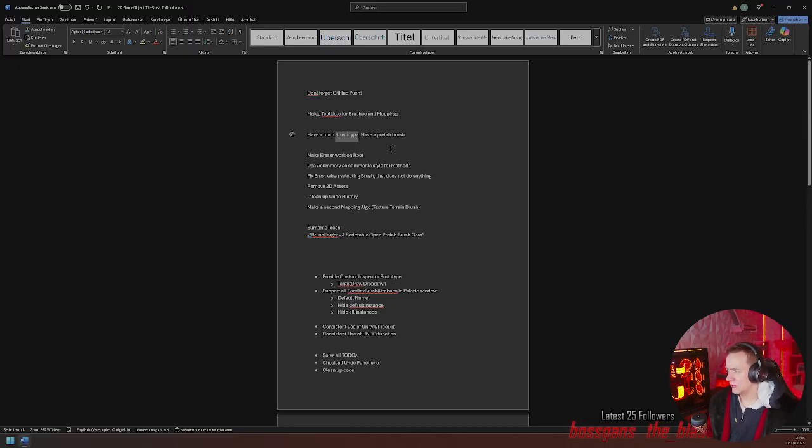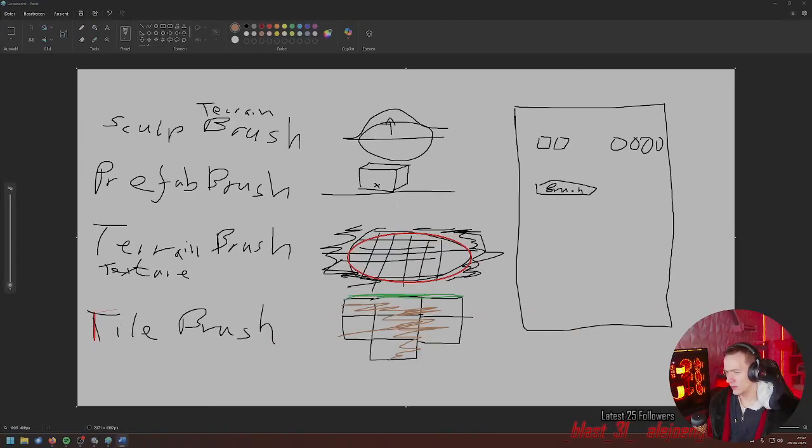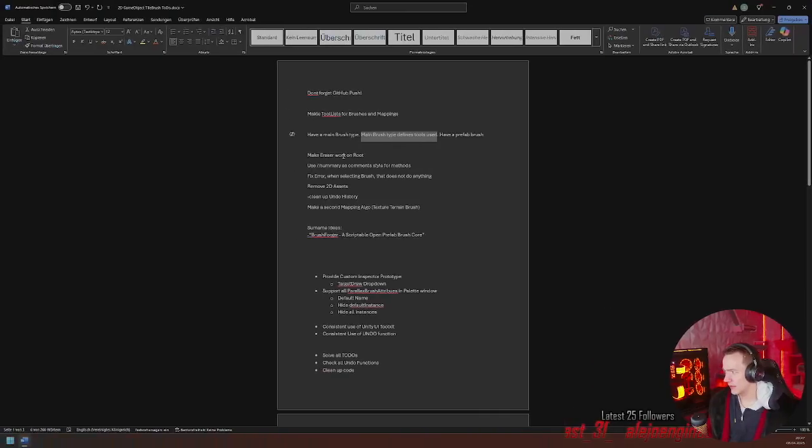The main brush type defines the tools used. All the brushes have in common that they use tool buttons, but it's absolutely up to them what to do with the buttons.